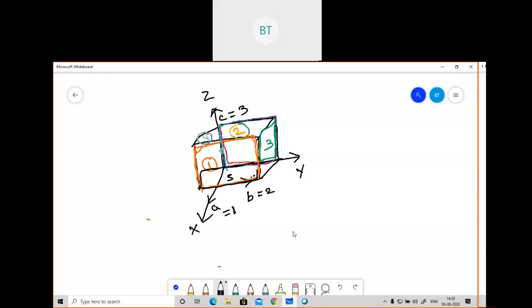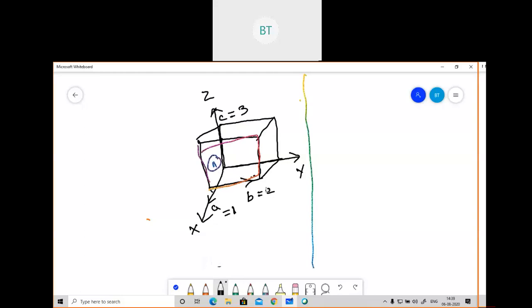So let us take only the first surface. I'll remove all other surfaces. First of all, I am talking about the first surface, and we'll see one by one how it is working. So see, I am talking about this surface. I'll solve the problem for that surface only. So just see here how I'm solving it.